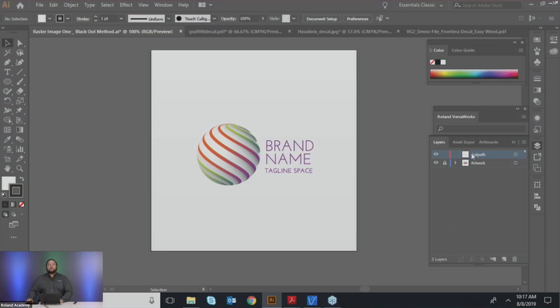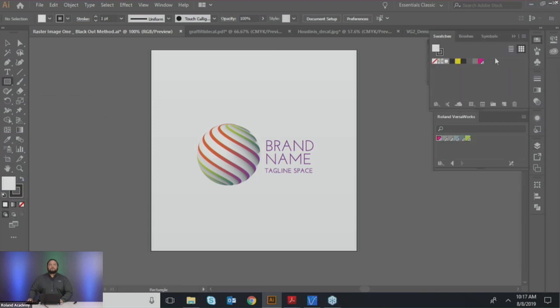So I need to make sure that I'm selected on my top layer, which is my cutting path. I'm going to come over here. I'm going to change this from a circle to a square. I'm going to reselect this image. I'm going to go to my swatches. I'm going to make sure that this is black. Okay? Then I'm going to simply draw